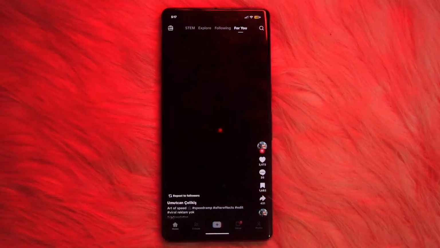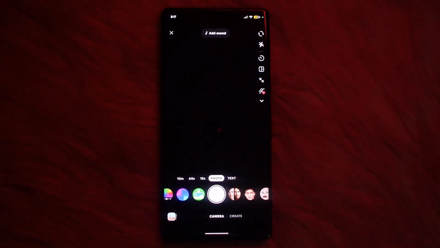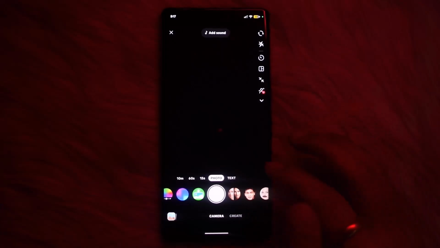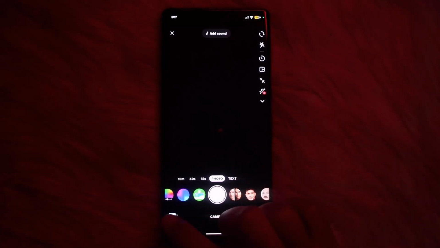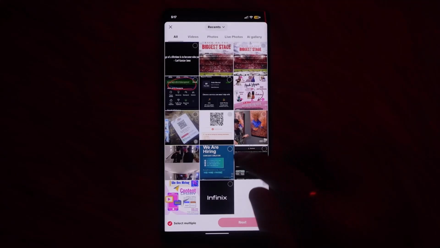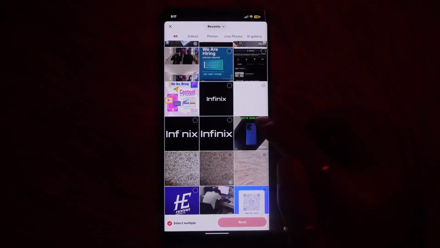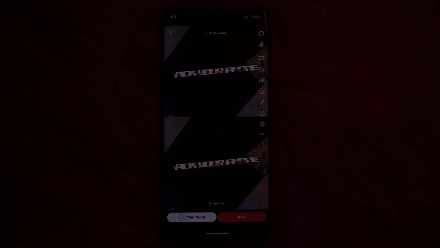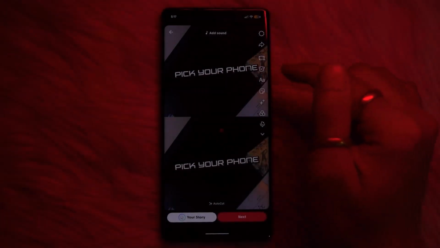Tap on this plus icon, and from here take a photo or even make a new TikTok. Or what you can do is tap on this upload button. From here you should be able to upload anything from your gallery. Now once you tap on this next button and then complete all your edits,